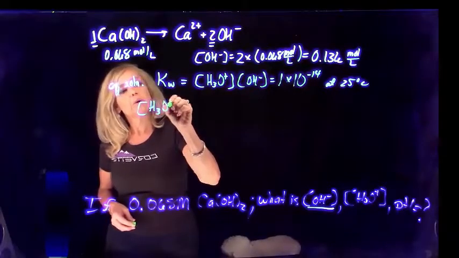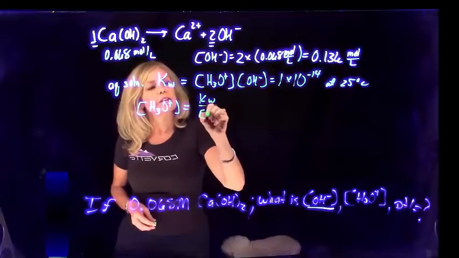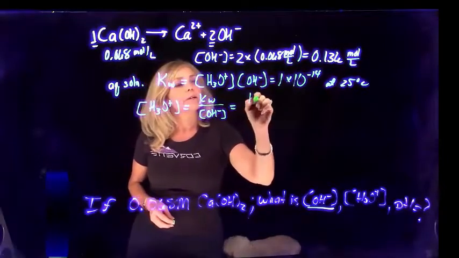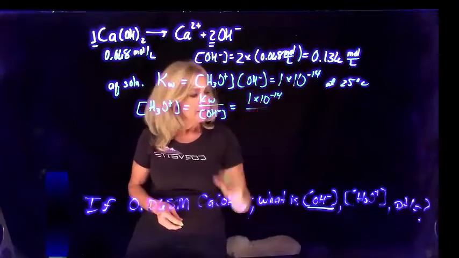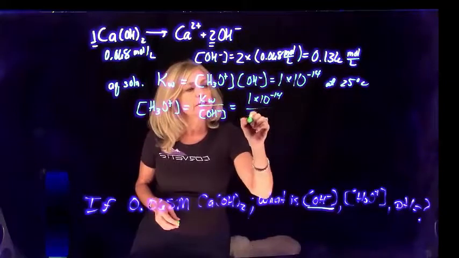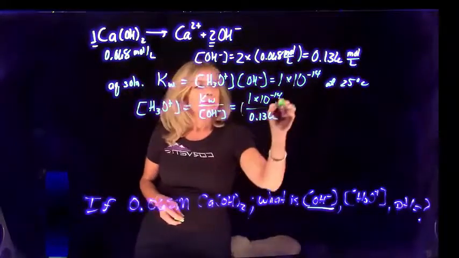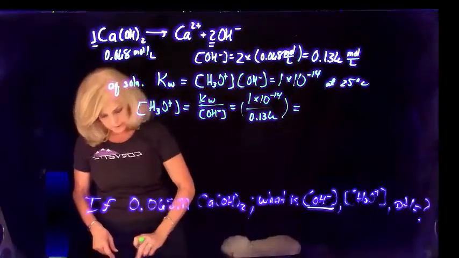That's simply going to be Kw over the hydroxide ion concentration. That's 1 times 10 negative 14, and my hydroxide ion concentration, I said, was 0.136 molar. So that's going to give me